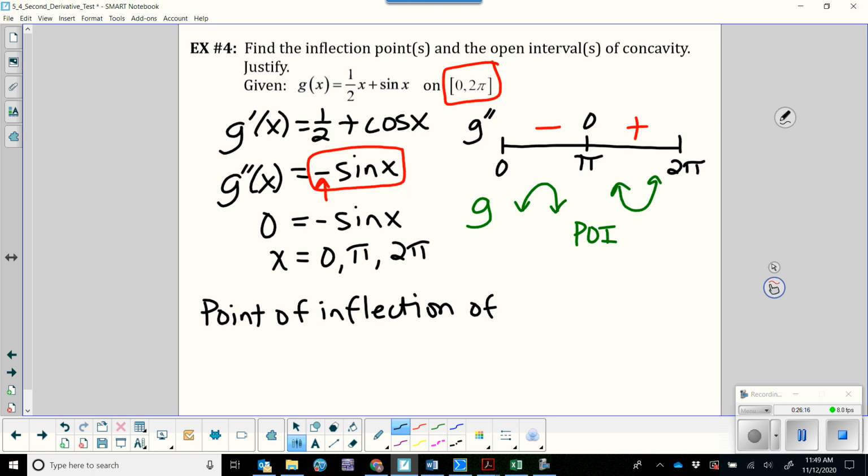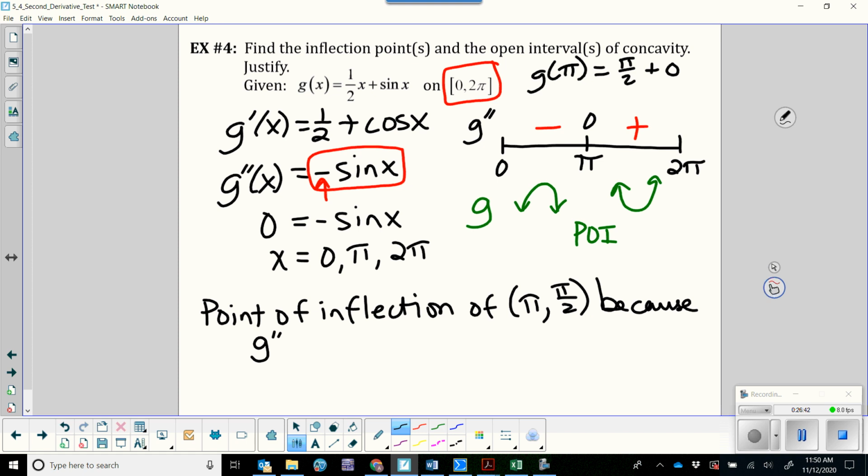and it would be pi comma something. So we need to plug it in. So we plug in and do G of pi. I'm going to just do it up here. So G of pi would be pi over 2 plus sine of pi, which would be 0. So it's going to be pi over 2. So that's our point. And then we give our reason, because